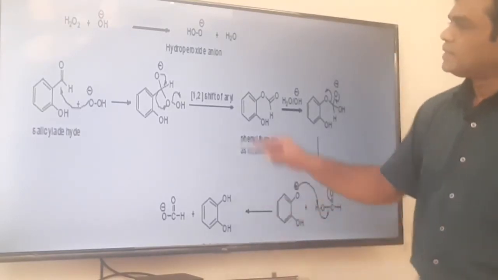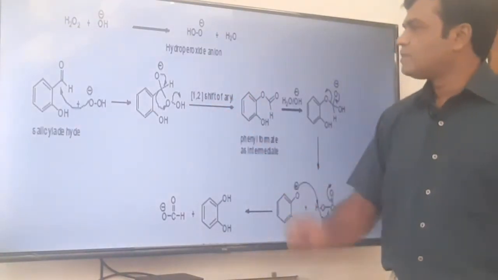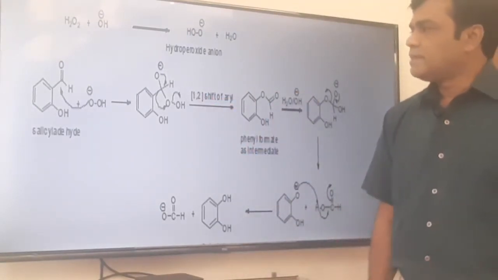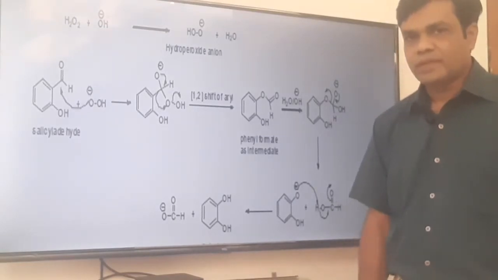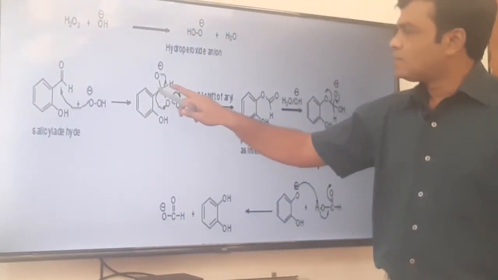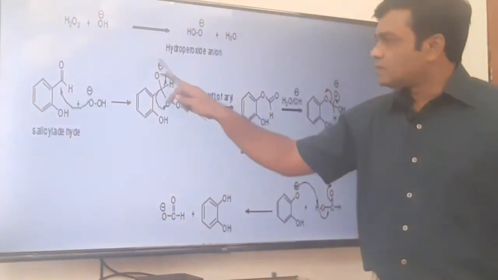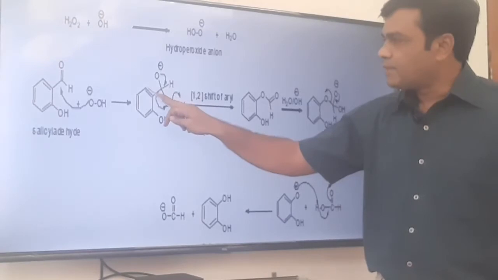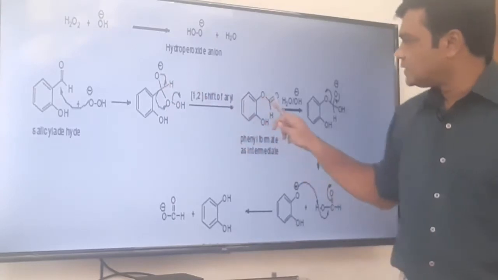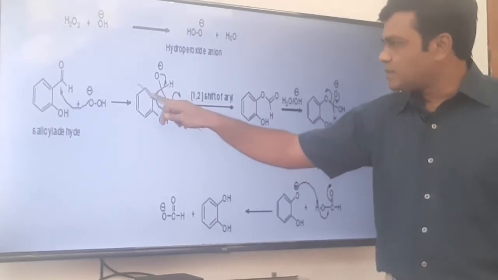So in the next step, what will happen? This negative charge, meaning these two electrons, are retained back, and again carbon oxygen double bond formation takes place. Okay, and when this new bond is formed, at the same time another bond will break. Now there are two chances. When this new bond is formed, the carbon hydrogen bond may break or this carbon carbon bond may break. So here, when this new bond is formed between oxygen and carbon, at that time this bond breaking takes place. So formation of the new bond between carbon and oxygen leads to the formation of the carbonyl group, and the breaking of this bond leads to the formation of the carbon oxygen bond.